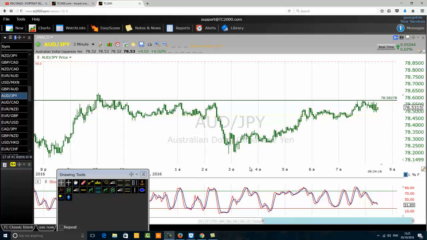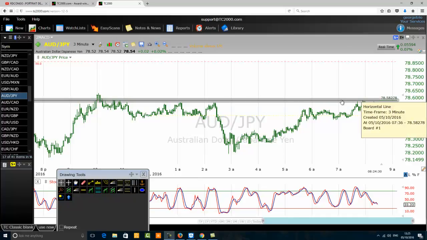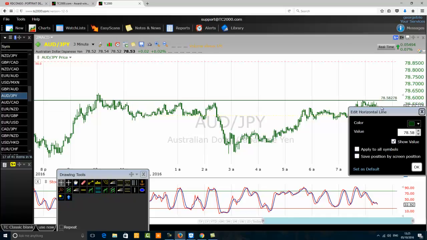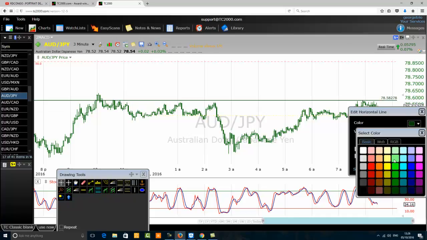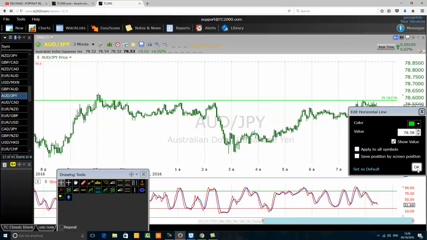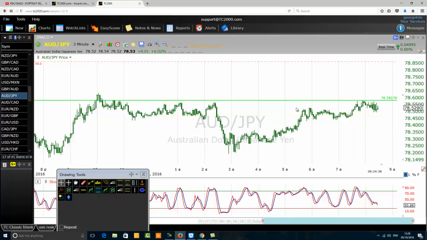I'm on a 3-minute time frame of the Australian yen currency pair, and I want to buy the Australian yen currency pair at 7858. This is a limit order to buy the Australian dollar yen. My limit order is placed here above this resistance, and I want to buy at